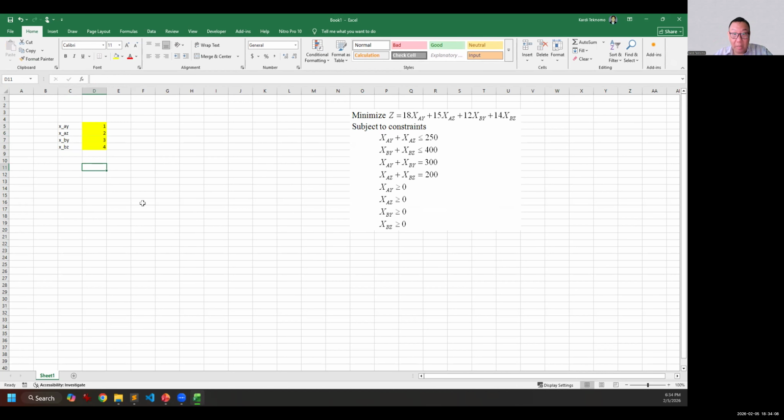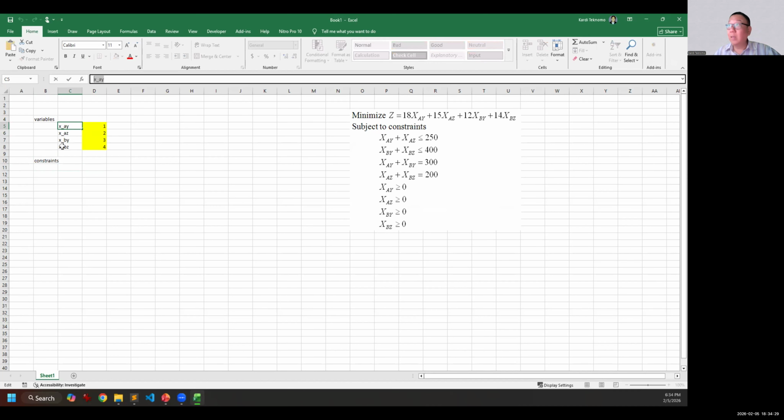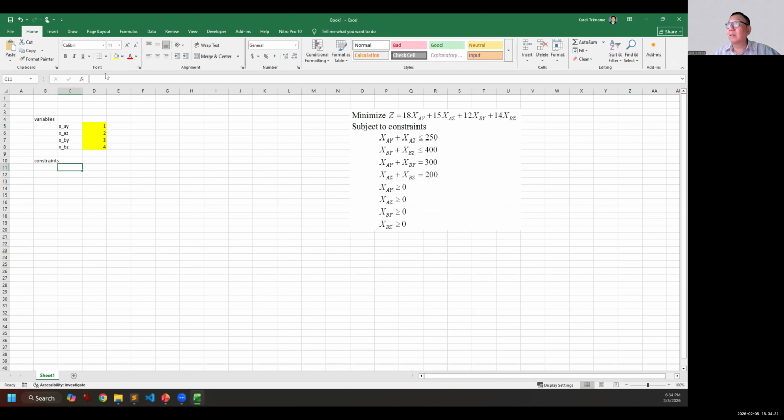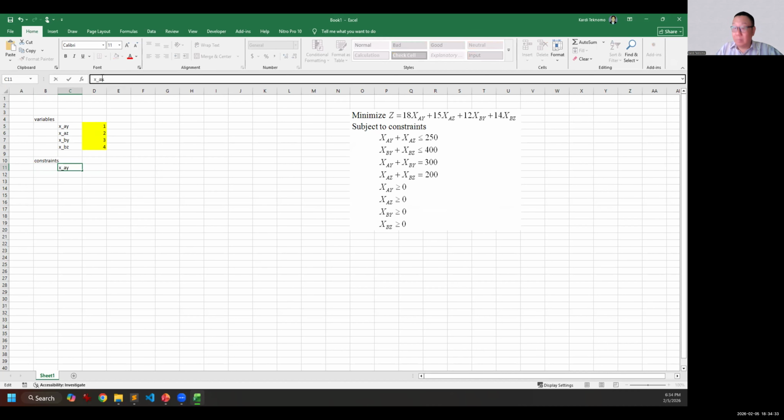And then we have the constraint. So this is the variable. Now let's do the constraint. What's the constraint? You need to have this one, number 1: XAY plus XAZ.